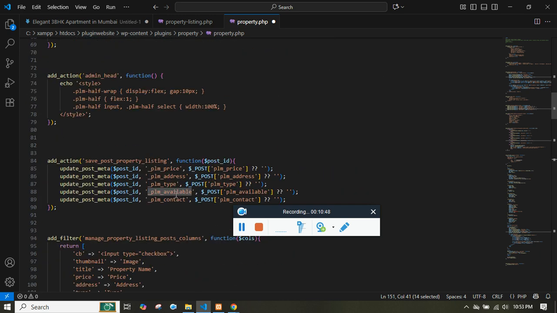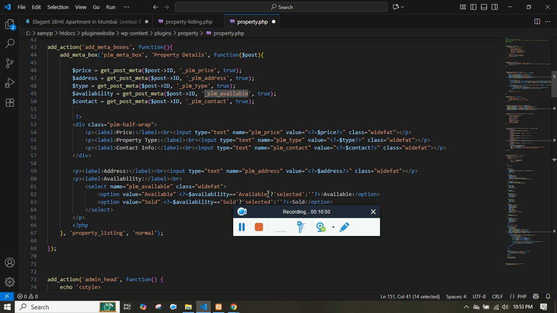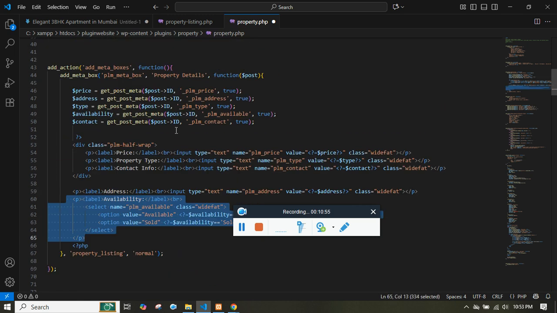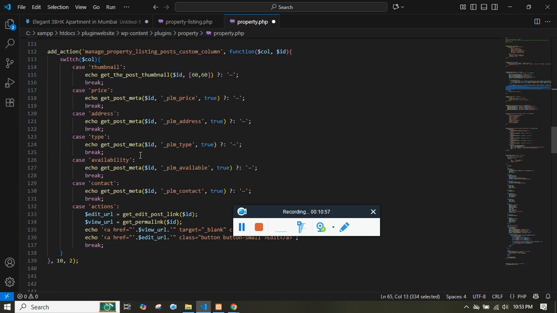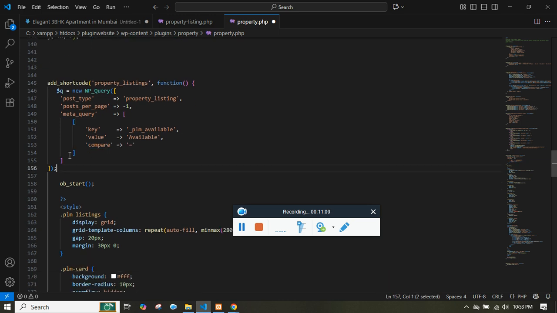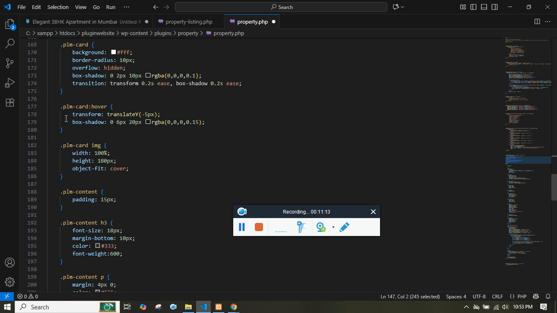You'll see this key in the field for this value that gets stored. We are using this meta query key and the value, and the compare is equal, and based on the key you'll get only the available property to be displayed